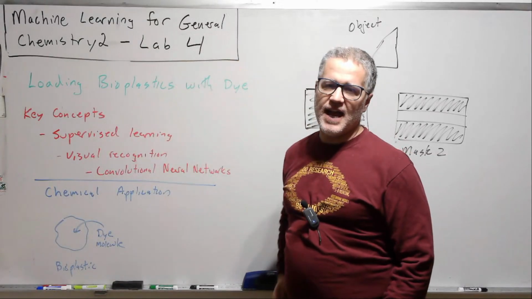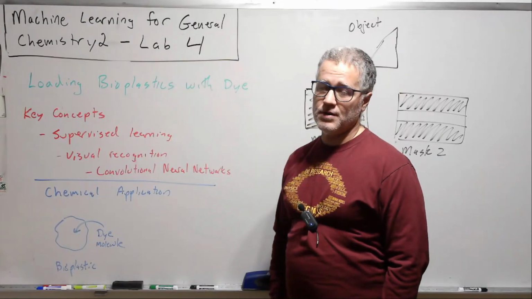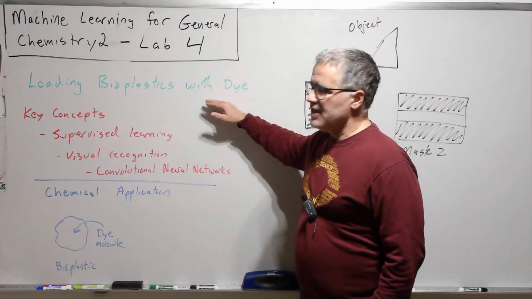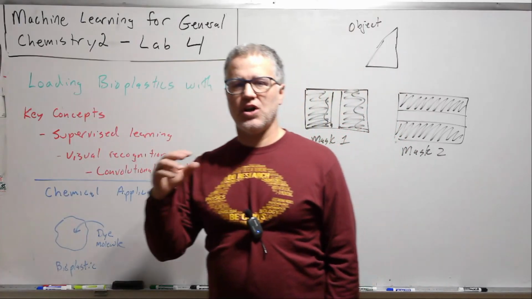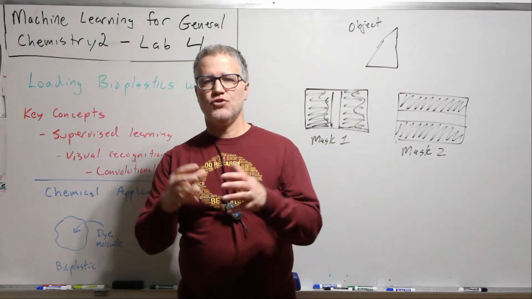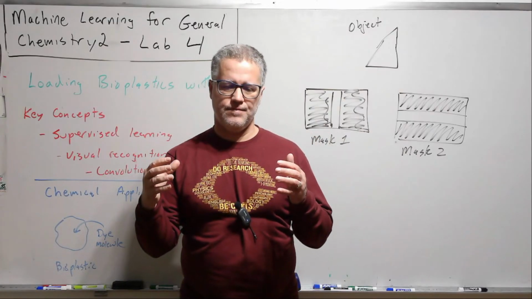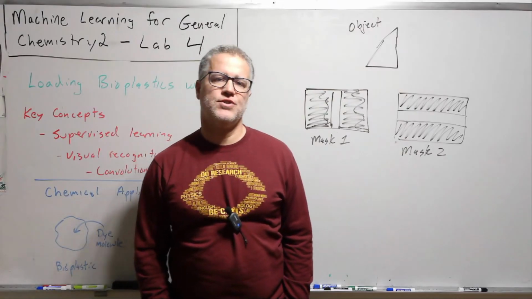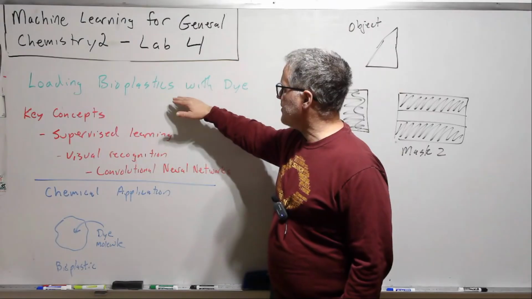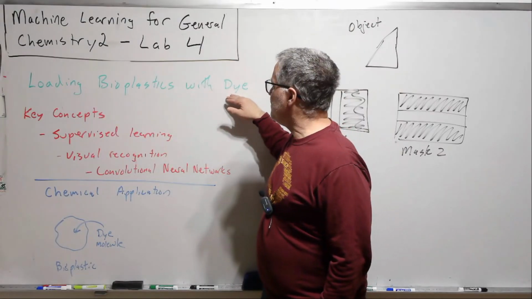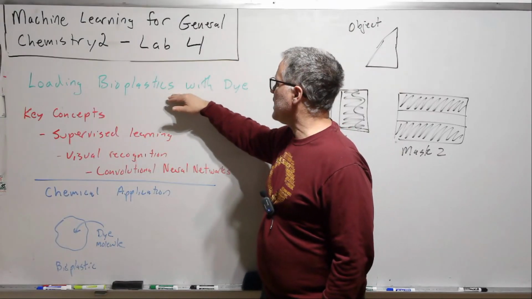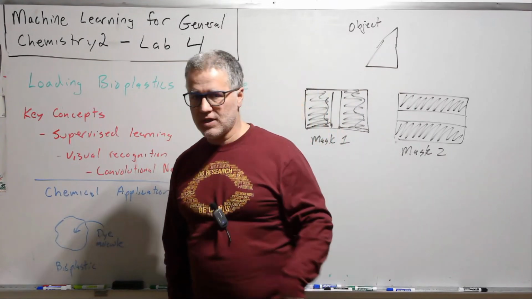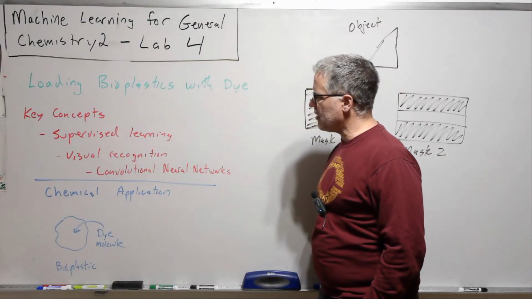So today we're on the last of our labs for machine learning and general chemistry part 2. And in this one, we're going to go back to something we did in part 1, where we used convolutional neural networks to do image recognition. So we're going to now use an application where we are looking at the loading of chitosan-alginate bioplastics with dye. Now this is kind of inspired by work of another member of the Concordia chemistry department,